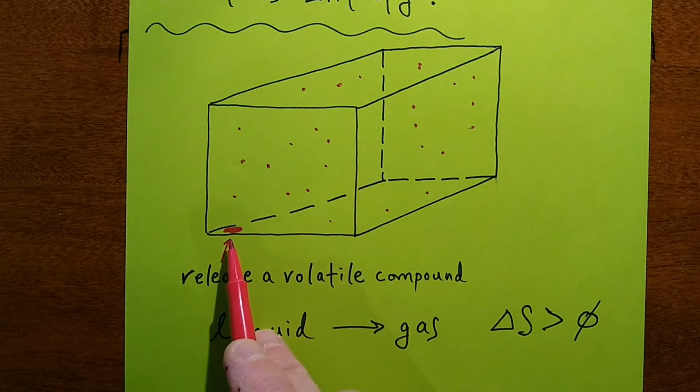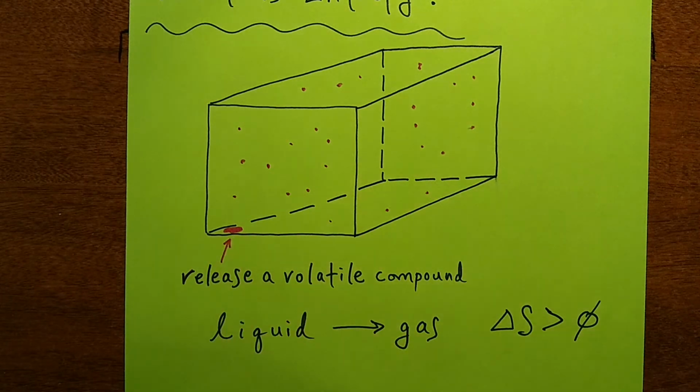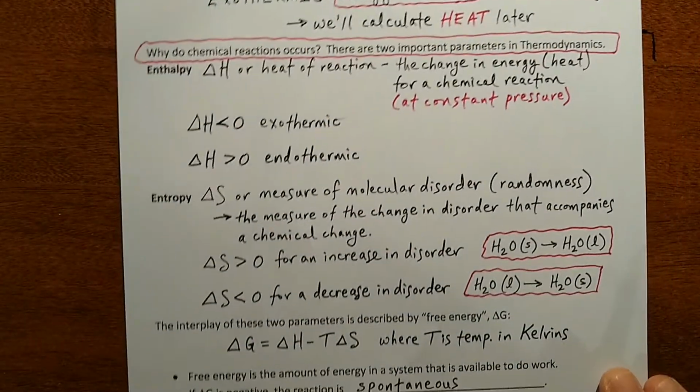But it wouldn't necessarily go back into a little puddle in the corner. It would just sort of come back down as liquid. But the concept is still the same as cleaning your house. That's what entropy is. So getting back to our lecture outline here,